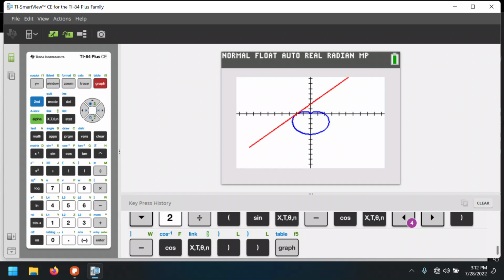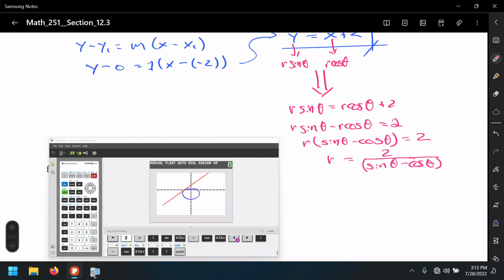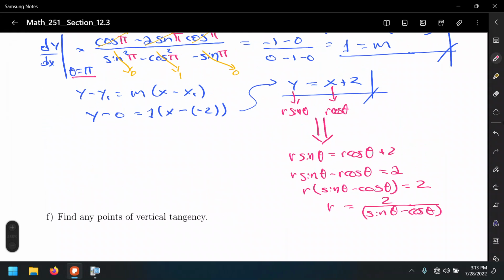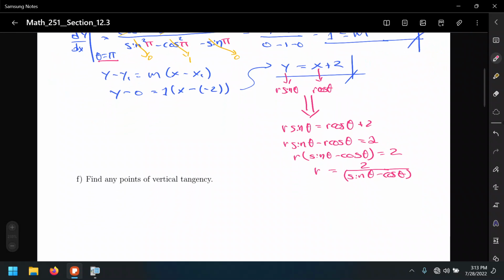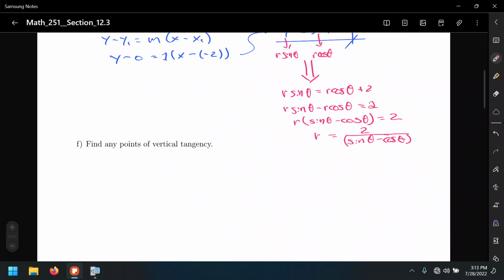Now when we hit the graph button, look at that. This is just to show the consistency of the calculations that we are doing, how we're finding the equation of a tangent line. Same process. Yes, it's a different world. It's the polar world. It's a different type of calculations, but ultimately stems from the same concepts in just a different way. All right. So this is really the bigger picture of what we're doing. For letter F, I think